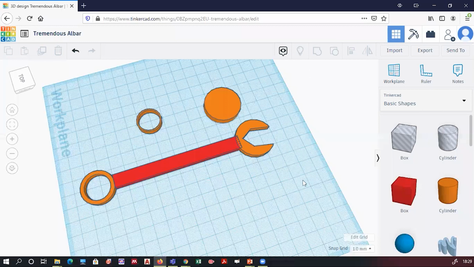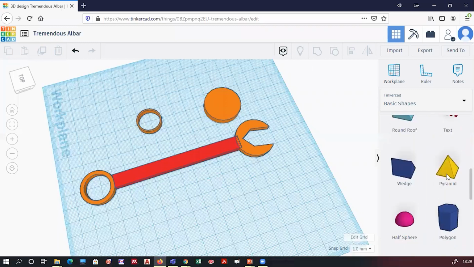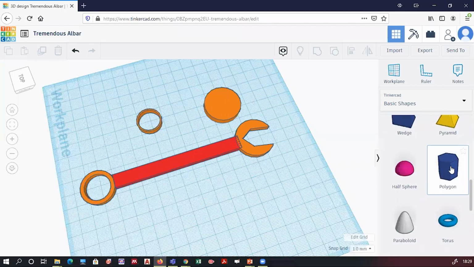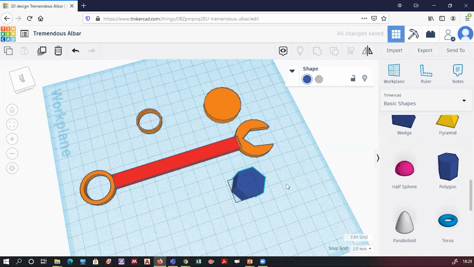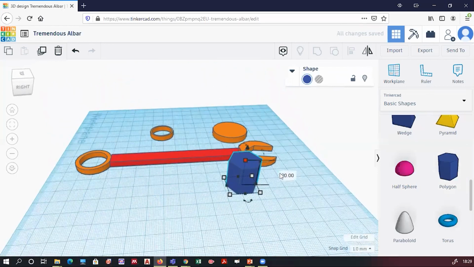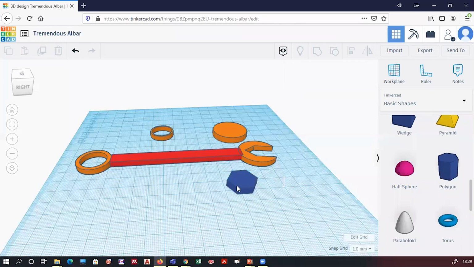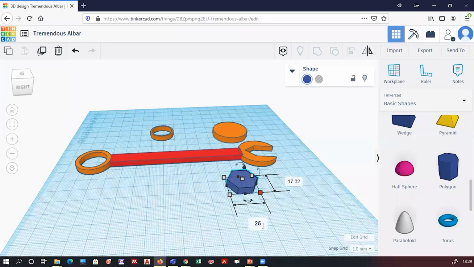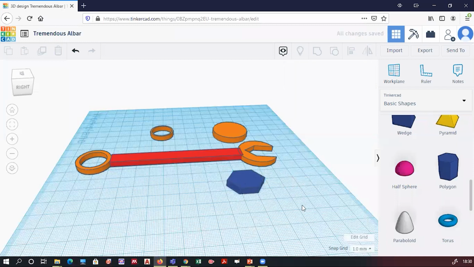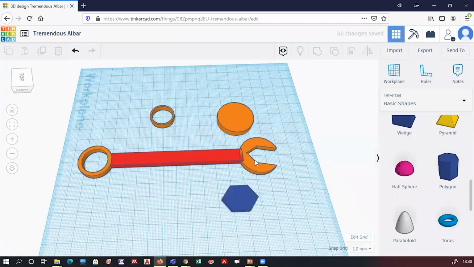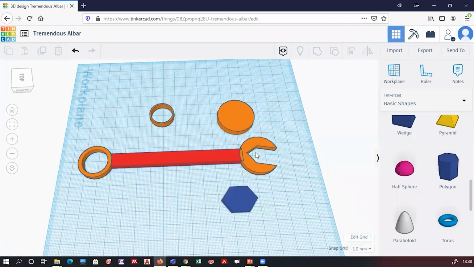Something like this, 1, 2, 3, 4. So what I did, I have taken a polygon, dragged it over here. Next, I have reduced the height of this rectangular block. And next, I have just increased this side to 25, because if you see my drawing over here, you can see that this length was a little bit lengthier than the rest of it.